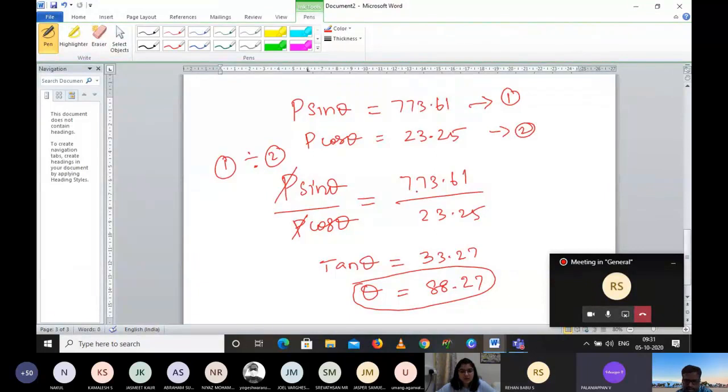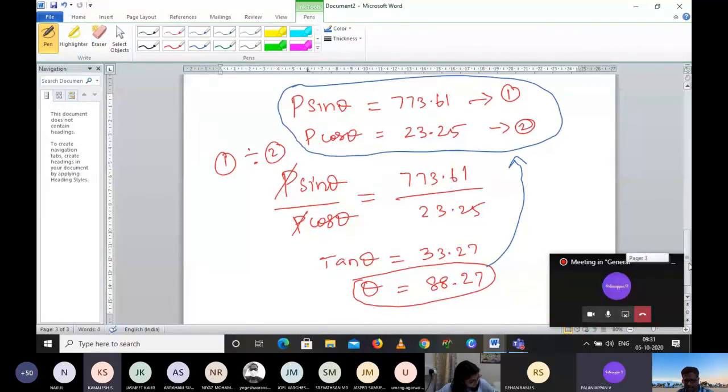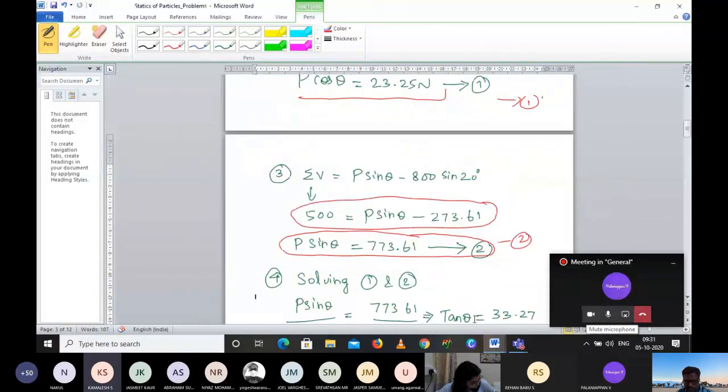That is, substitute theta in any one of these equations. Sir, I got cos theta equal to 0.030189. Okay, in 1 minute, we will solve it. So substitute theta in any one of the equations and tell me the value of P. I will give you time, other guys, please solve it.